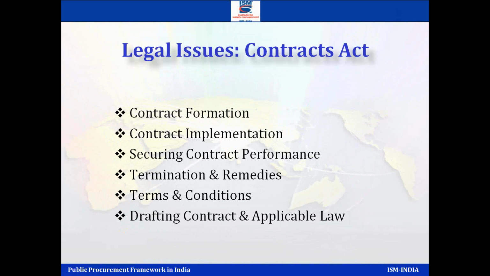Remedies. There's a breach. The supplier has told you that they will do the job by this date. It doesn't happen. There's a breach. I'm not saying the breach is only on the supplier side; the breach could be on the buyer side also. The buyer has promised the payment would be done in 30 days. It doesn't happen. There's a breach. Whenever there is a breach, there have to be remedies, and those remedies have to be spelled out.